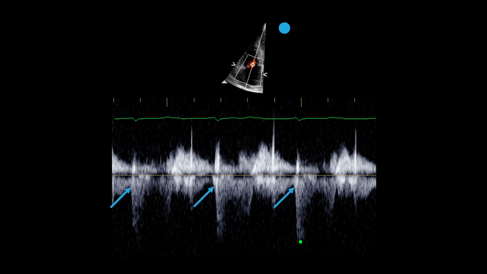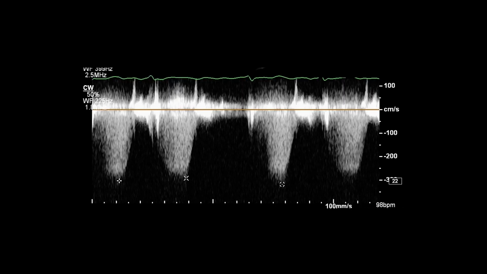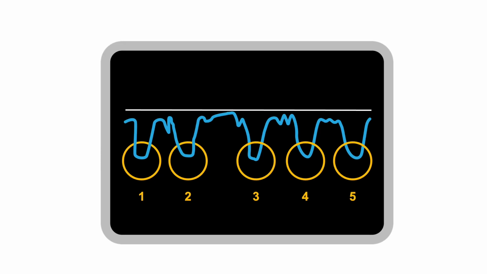The valve clicks are slightly more subtle, but still noticeable as brief, intense and bright signals at the onset of the regurgitation jet. In this example, the patient is in atrial fibrillation with a variable heart rate. Despite the patient's condition, the principle for calculating tricuspid valve regurgitation is the same. The exception to the rule is atrial fibrillation, where you should measure at least 5 regurgitation jets to get a